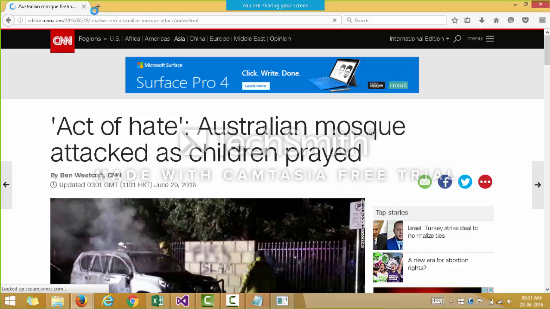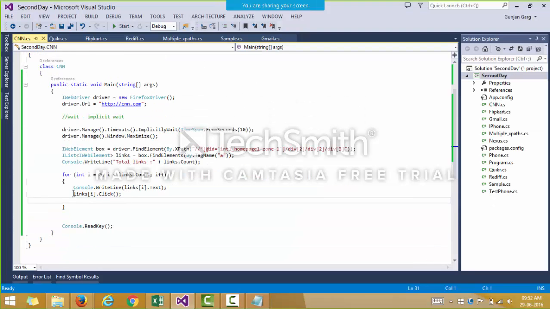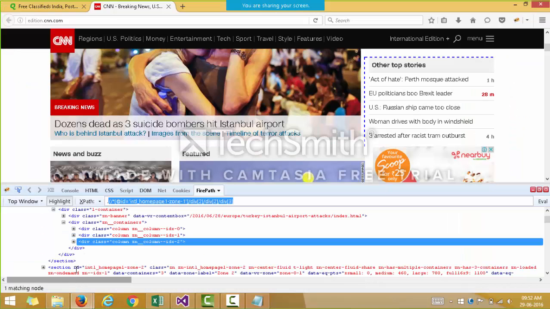And probably it is not going back to the previous page, right? So it has clicked on the first link, and the rest it will not click, because what we have done right now is just click on the links. But in order to click the next links, we have to go back to this cnn.com website, right?